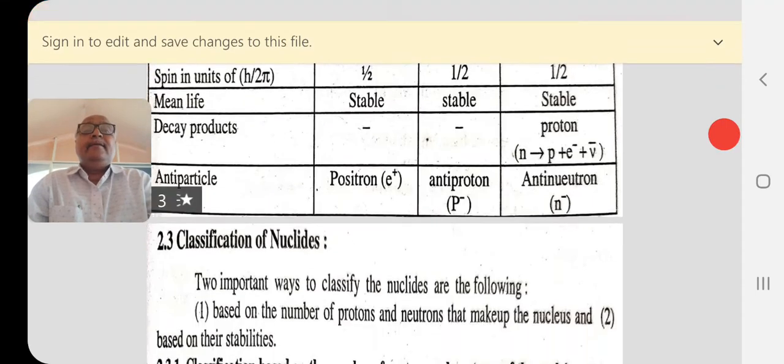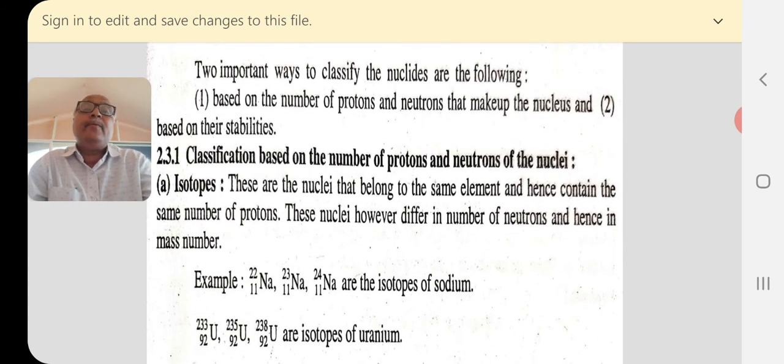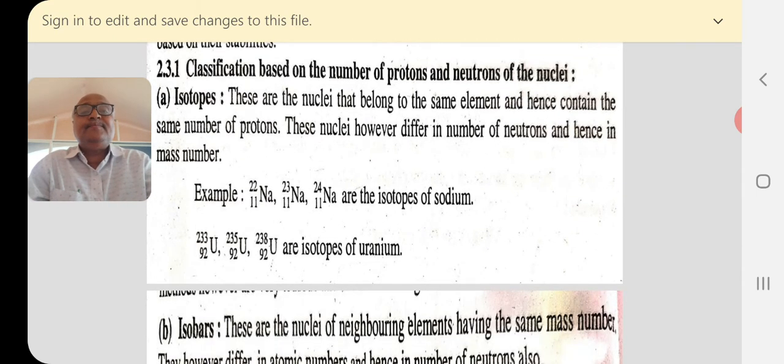This is about the particular subatomic particles. Now, when we consider the classification of nuclides, there are two ways. Nuclides are classified on the basis of the number of protons and neutrons, and the other way is based on their stability. When we consider the classification on the basis of the number of protons and neutrons, the first one is isotope, which was already considered since 12th science. Isotopes are nuclei which belong to the same element, having the same number of protons but different mass numbers. The best example is